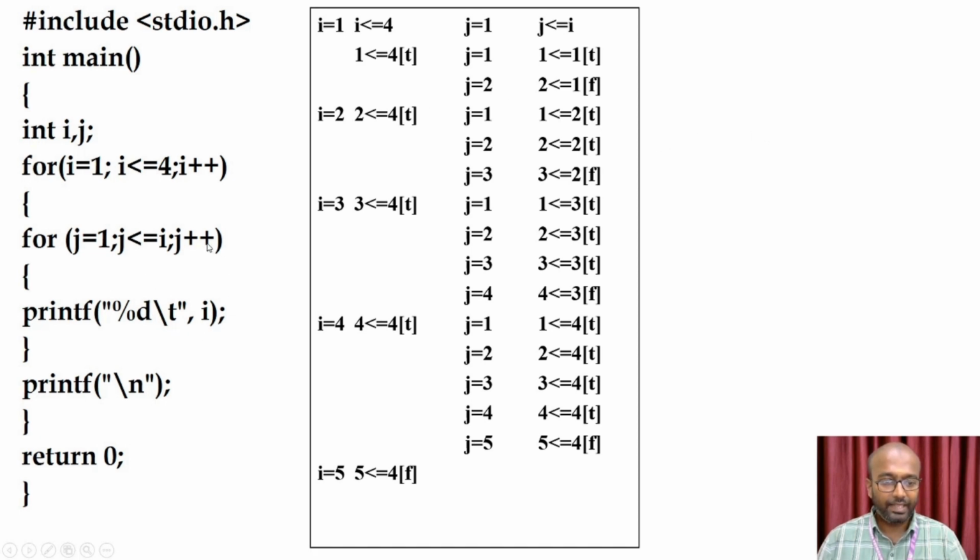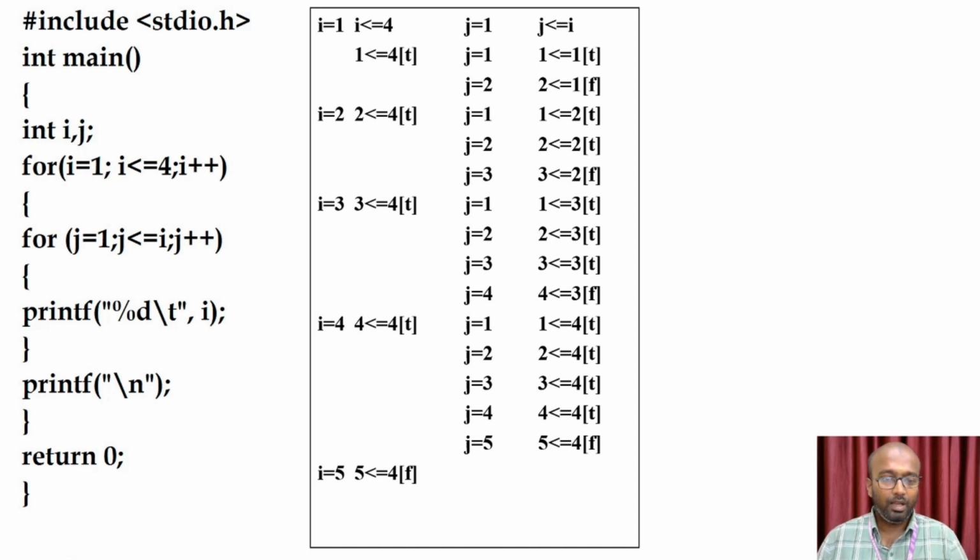Again the value of j is incremented. Now the value becomes 2. 2 less than or equal to 2 is the condition now checked. Again the value of i, 2, is printed. Then j is incremented and it becomes 3. 3 less than or equal to 2 is the condition now checked. Since the condition is false, it prints the new line character and it again increments the value of